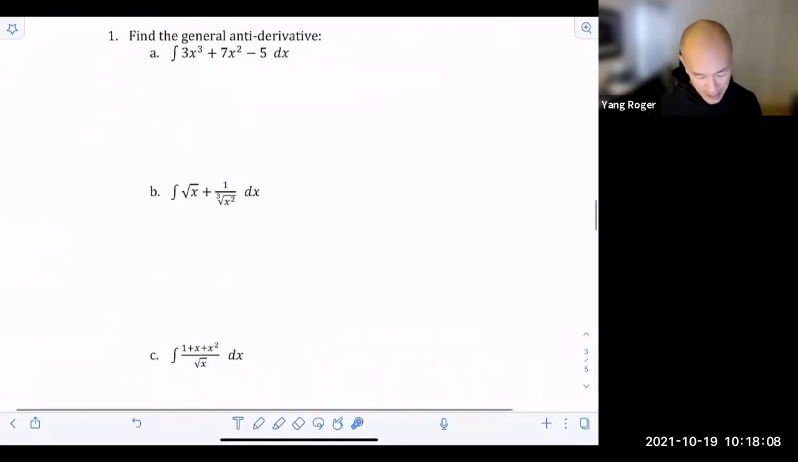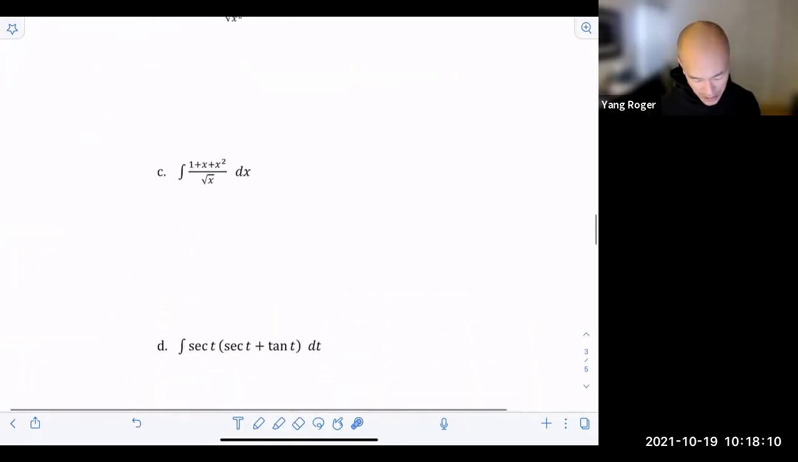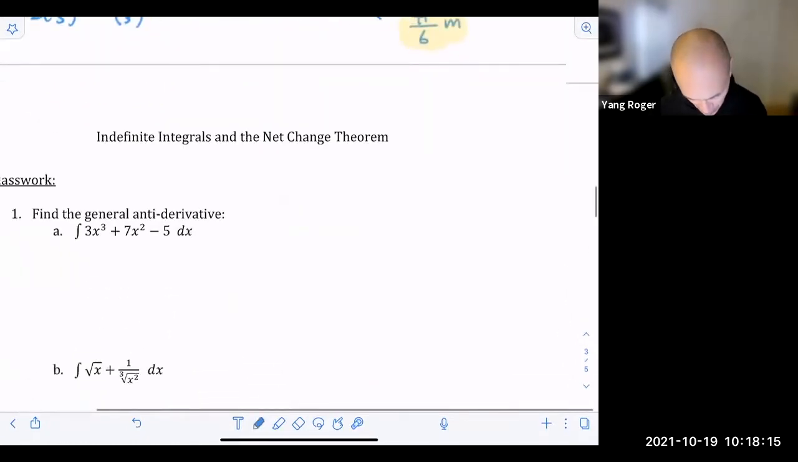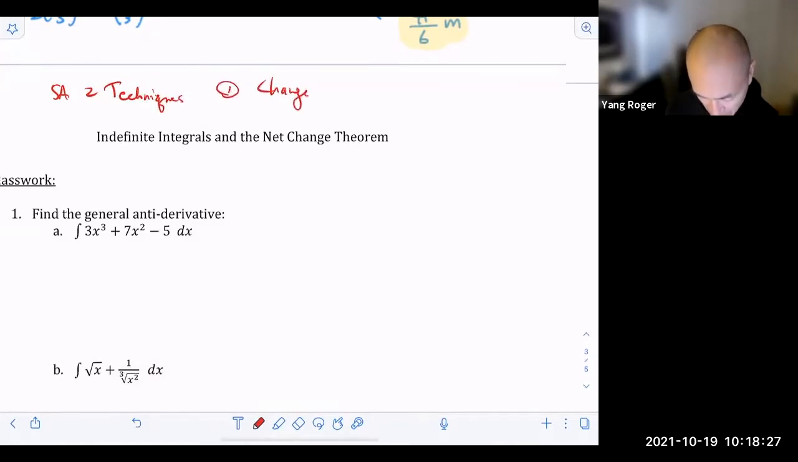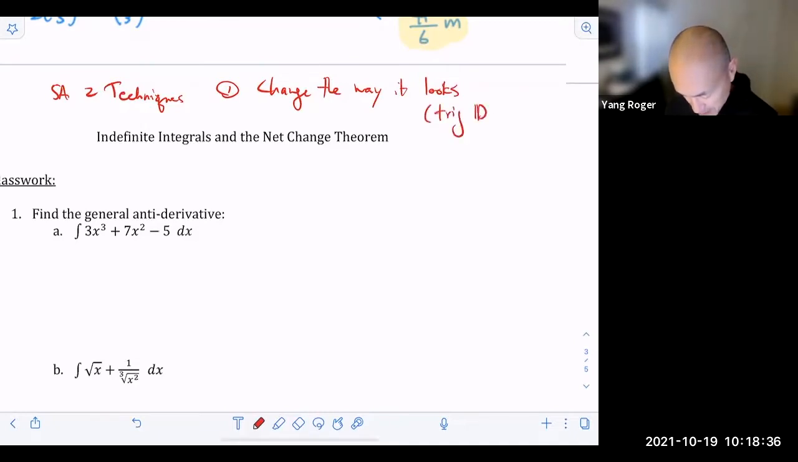We have these antiderivative questions. I've been telling you that in 5A, we have two techniques. The first one I call "change the way it looks." And we can do that either with trig identities, or we could do that with algebra. That's really the two instances that we look at